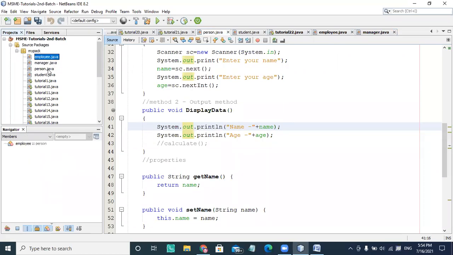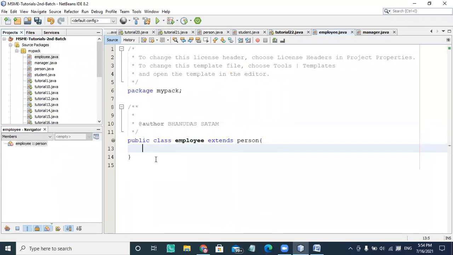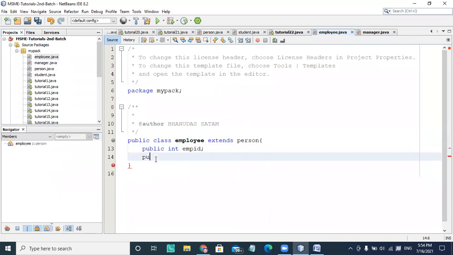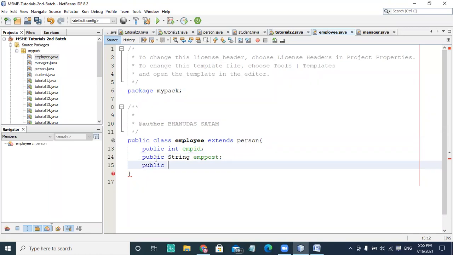Person has two members, and employee has, suppose, three members. So I'm writing three members here: employee ID, employee post, and the third is the employee salary, int m sal.